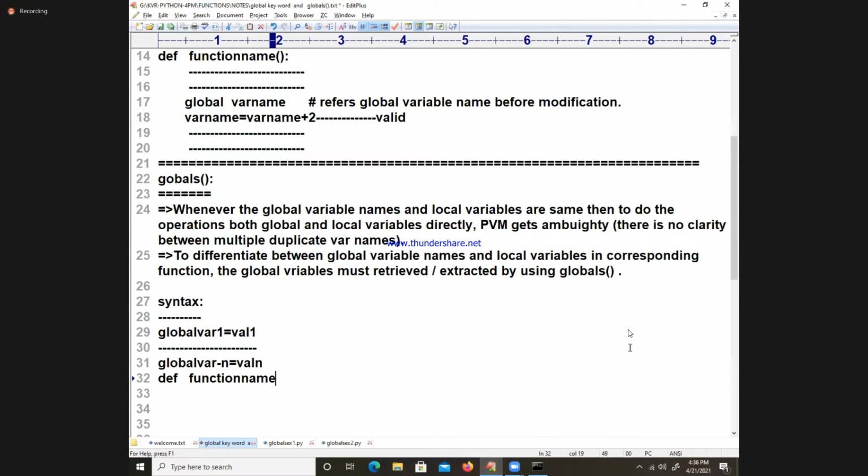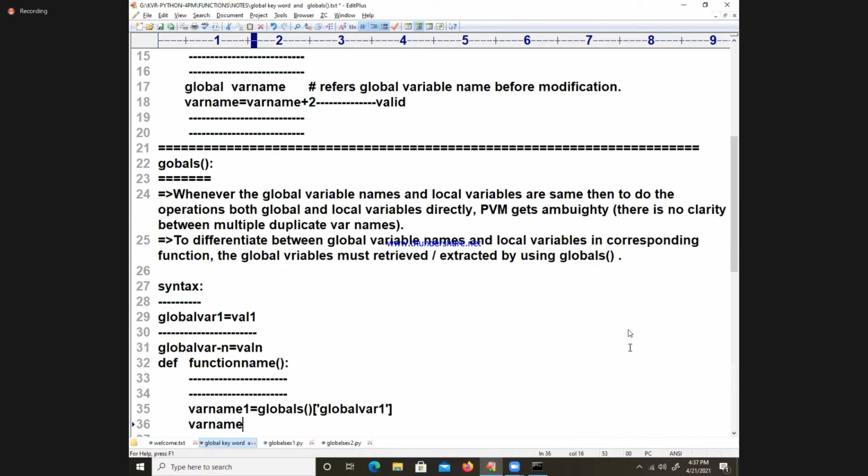Here you see carefully: local variable names are also there. No problem, on the same name, no problem. Some variable name is equal to globals of, index bracket inside single quote or double quote, no problem, global variable 1.